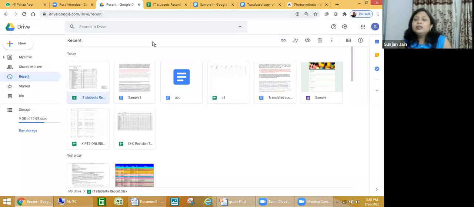Now proceeding towards Google Forms. Google Forms are used for collection of data. Just now I have shared with you how you can create a spreadsheet and how you can share it with other people so that they can also add marks to it, or you are sharing a doc and other people can also edit it. But don't try this on your students.